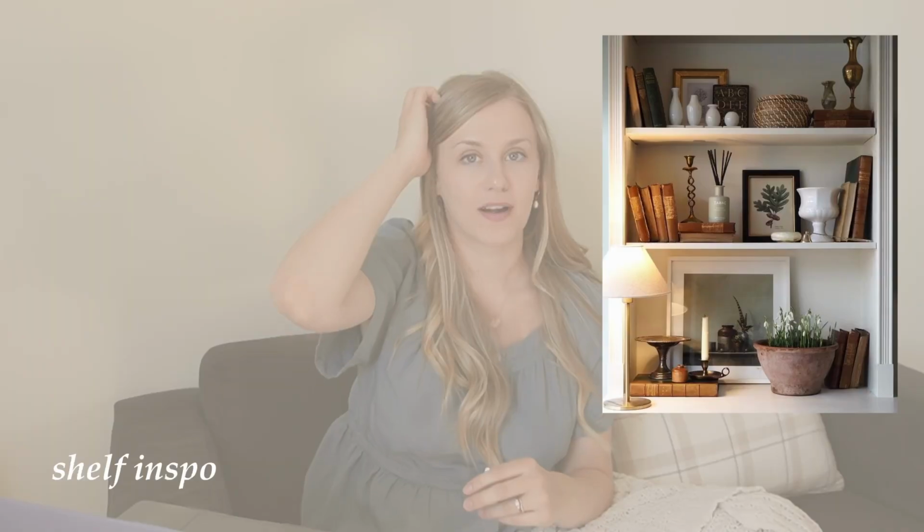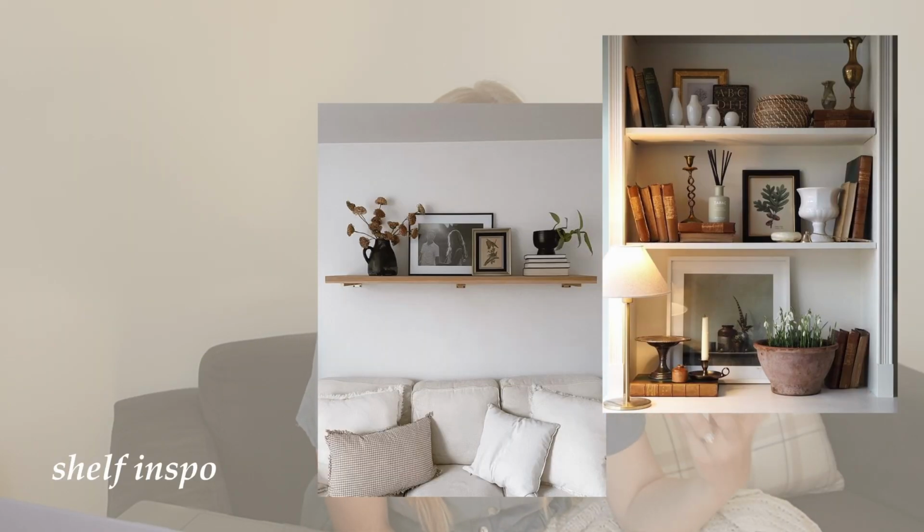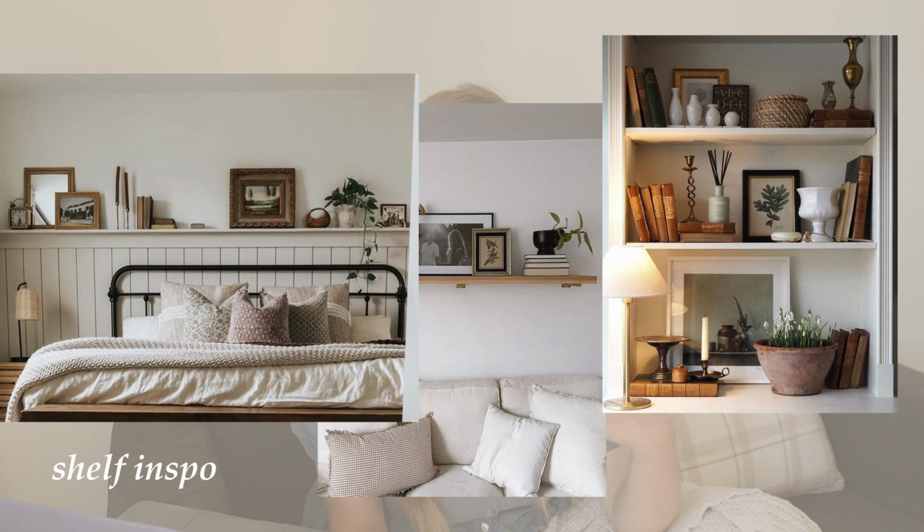And then this shelf that I thrifted, I think would look so cool to put right above here. I thought about putting it above our bed, but I think over here would be a nice accent, and then adding like vintage books, maybe a basket of flowers. And I think for that shelf, doing a dark green would be really cool if we don't do the accent wall. So if we don't do the accent wall, then I think I'd like to get a larger picture with